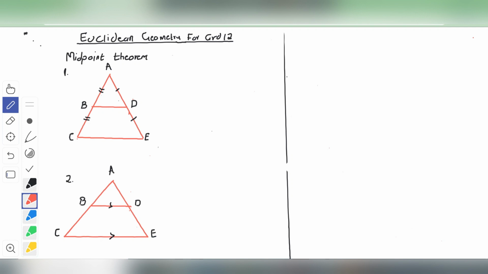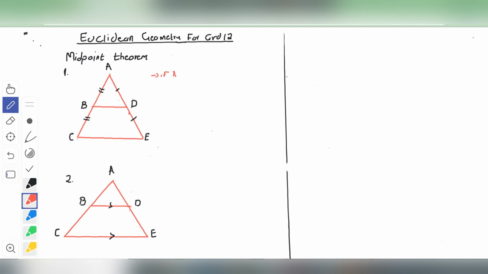So today's lesson will be the midpoint theorem for Euclidean geometry, grade 12. The midpoint theorem is a special case of theorem 1, right? Mostly whenever you use this theorem, the reason is the midpoint theorem. That's the reason. So, you see how we write that reason? Now just note these things,